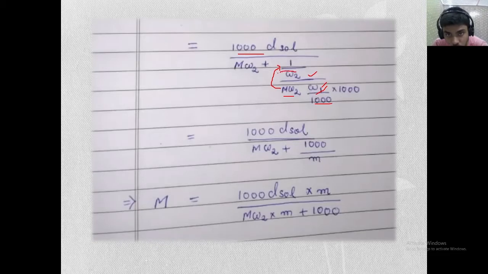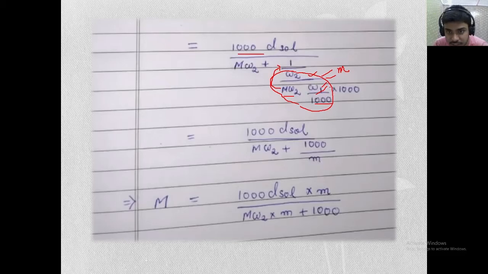So this whole thing, you just look carefully. This whole thing is molality, right? That means this is the number of moles, the ratio weight of the solute by molecular weight of the solute, number of moles by weight of the solvent in kg. So this whole thing is equal to molality. You have seen by using logic, so easily it has come.